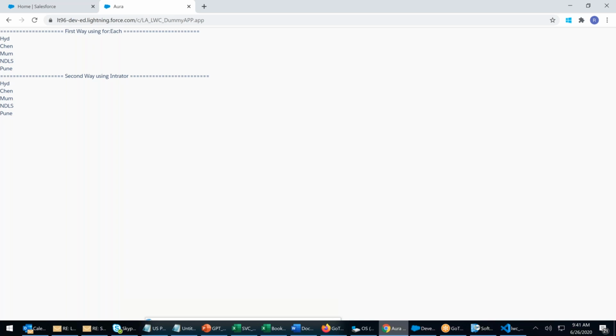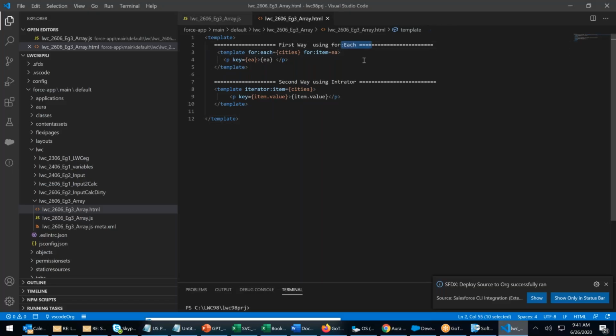So we have two options: using for each or using iterator.